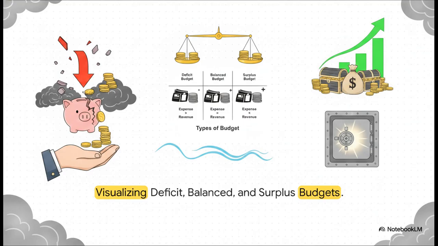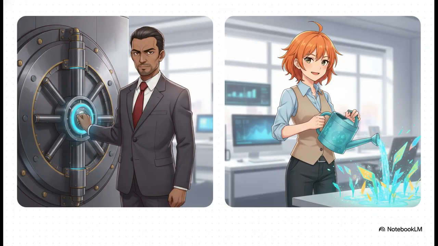But then, we have the deficit budget, where the expenses outright surpass the revenue. Now, what's really fascinating here is the massive philosophical debate surrounding that deficit. Conventional economists tend to look at a national budget a lot like a strict household budget. They argue that a deficit means you're spending beyond your means, which could severely impact the financial health of the whole economy. But modern economists look at it totally differently.